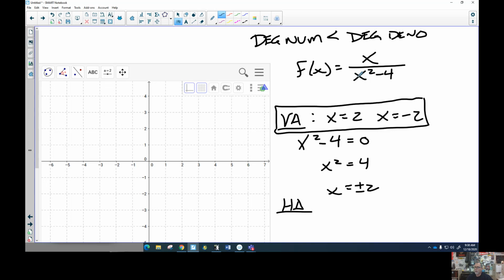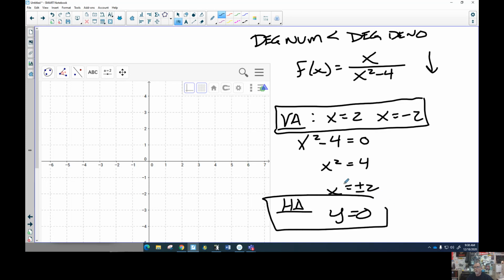So the number on the bottom is going to get large much quicker than the number on the top, sorry. And that means overall, this value is going to be going down, isn't it? It's decreasing because this value is only increasing by 1. This is increasing exponentially. This number is going to get closer and closer and closer to 0. So when you have degree on top less than degree on the bottom, it's always going to be y equals